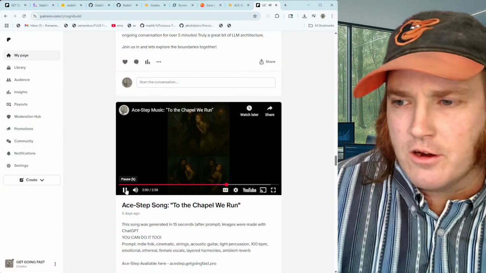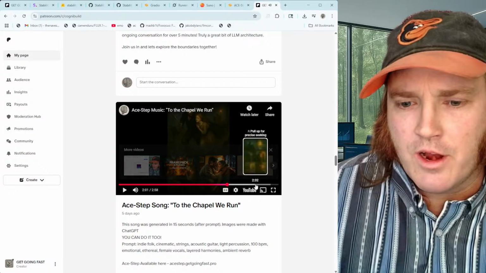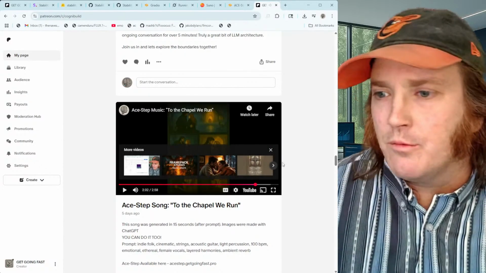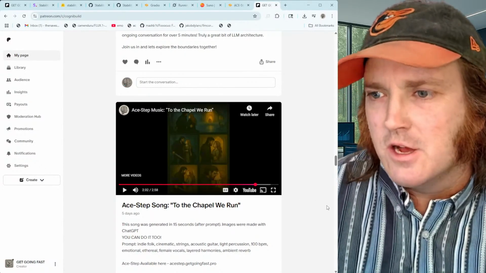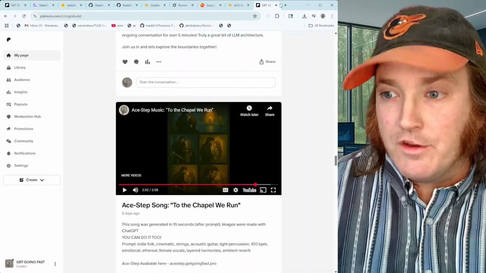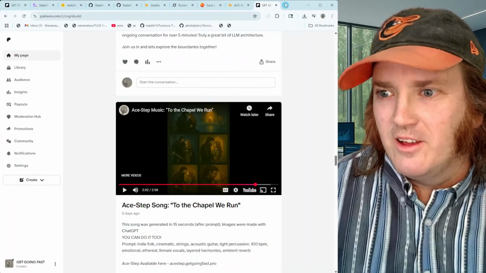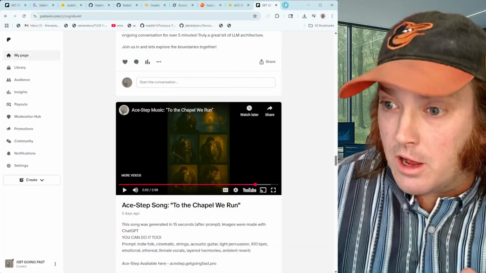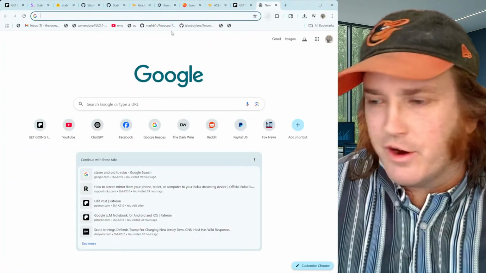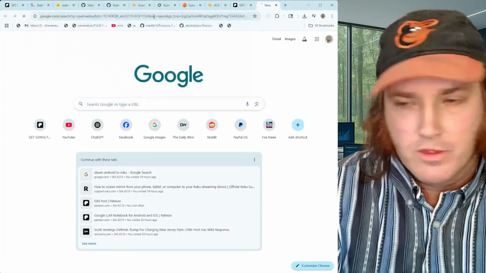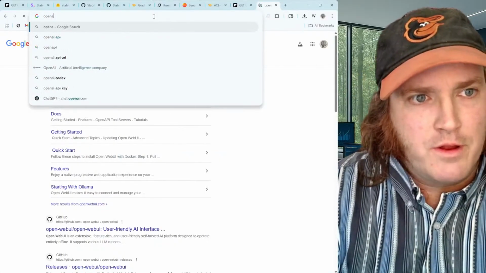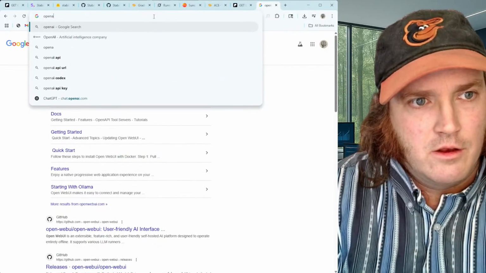Okay, so it's kind of dark, but you can see that I've created different images. And so pretty much all we did with this was go to ChatGPT and create a story. So let's say we went over here to ChatGPT. We're going to open AI. No, we want to go to